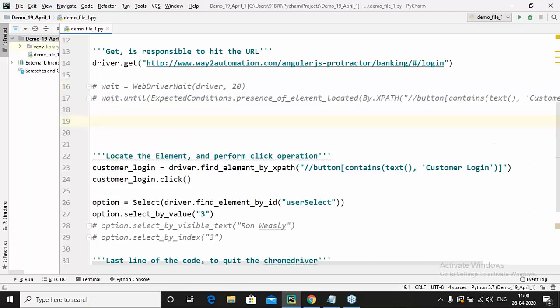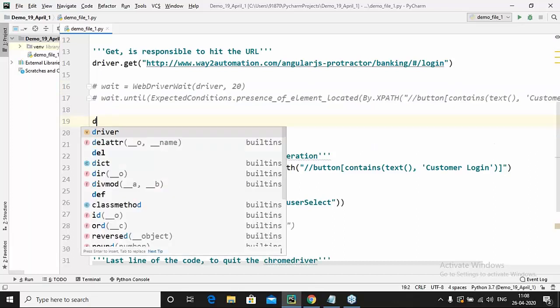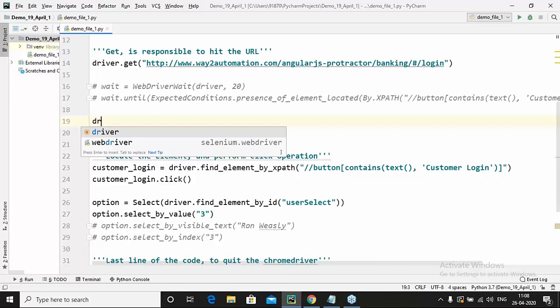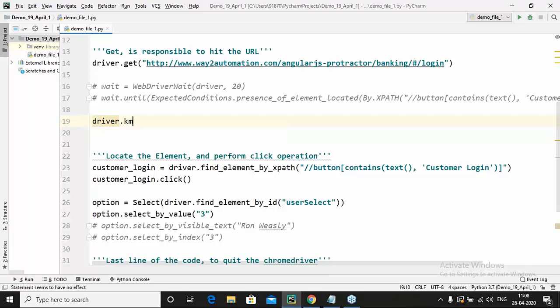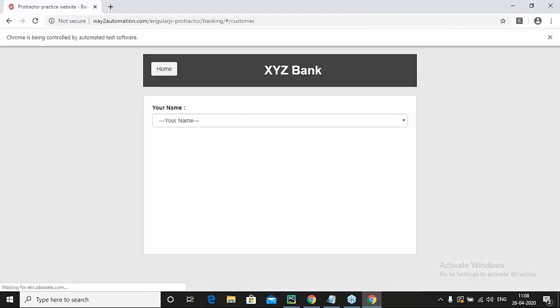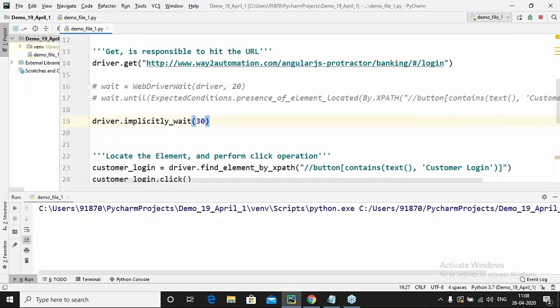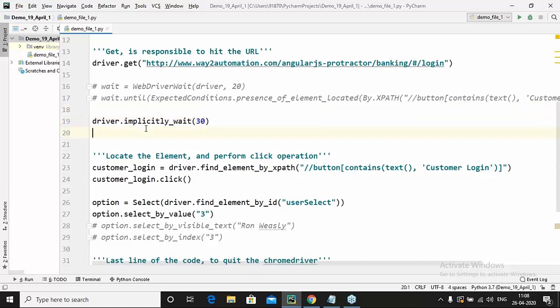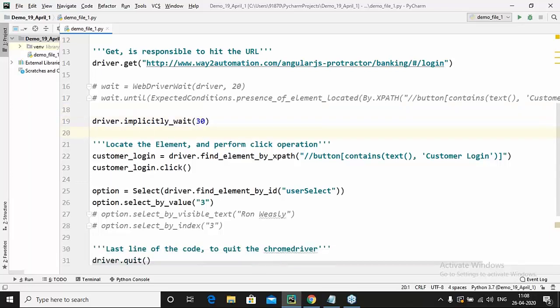For that, you can simply write driver dot implicitly wait, how many seconds I want to wait. I want to wait for 30 seconds. Now this one is the simpler one, right? If I try to execute it now, it will execute it simply. But I was just guessing why I was getting the error for that, because I executed it a few minutes back and it was working fine. Right now, let's take the implicit wait with us, not to waste our time. I'll come to why it was not working.